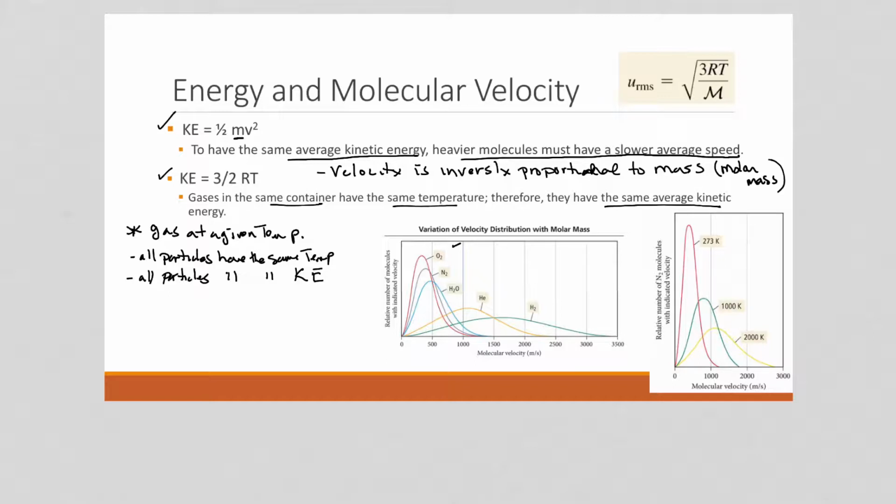Now, how can we put all this together? Well, we have this equation here that we can generate. I'm not going to go into the detail of the book, but I'll just quickly point out that if we take these two kinetic energy equations, mv squared equals 3 halves RT, and we allow mass to become molar mass, we're going to deal with moles, and we solve for this, we get,